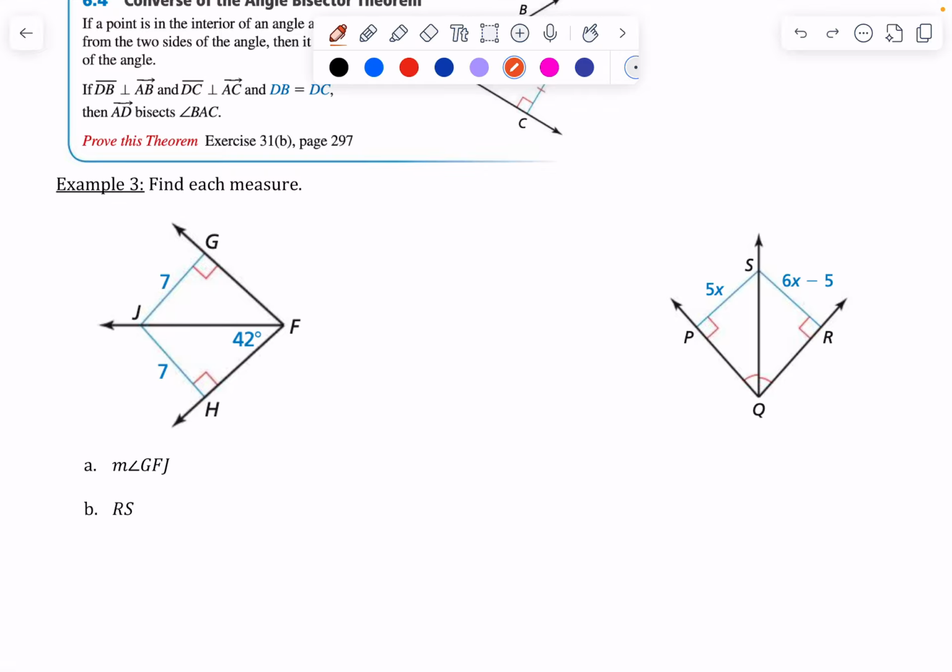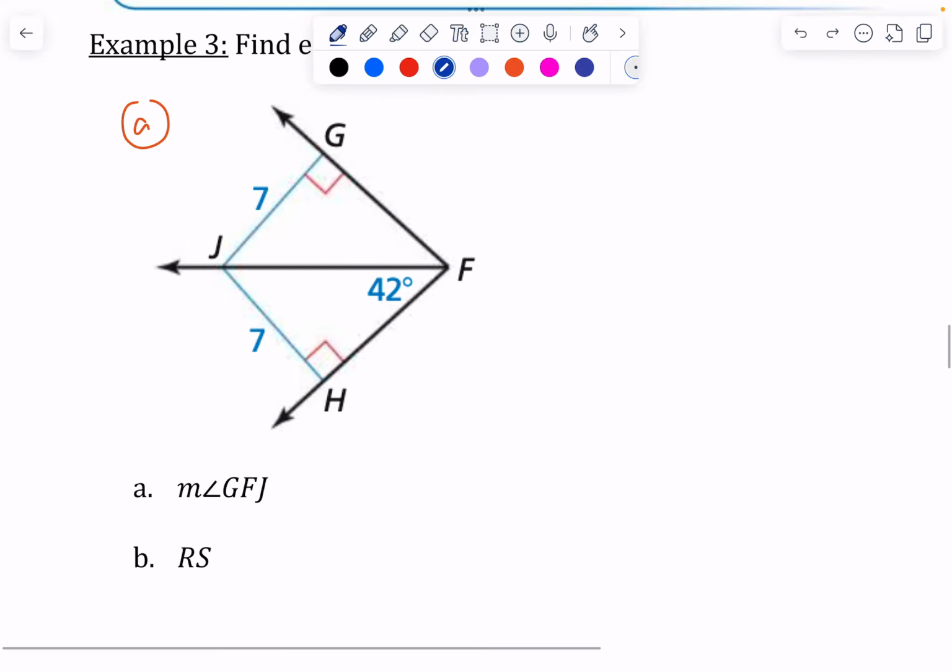We want to find the measure. This is referring to A, this is referring to B. For A, we want to find the measure of angle GFJ. Now again, I'm going to have you guys state what theorem you're using. Based on the information in the diagram, I know that this is congruent to this. So I could have just used one tick mark, but it doesn't really matter. So by the converse of the angle bisector theorem,